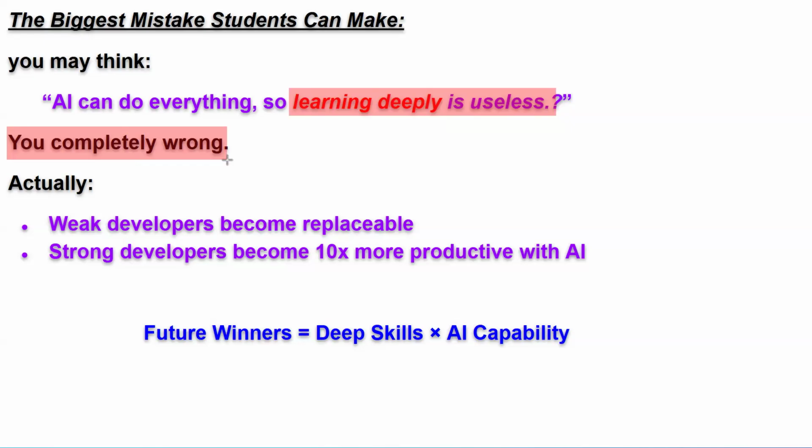Deep learning is very important. Simply, I can say your future winner will be deep skills multiplied with AI capability. I'm talking about agentic AI or generative AI, AI agents. If you are able to build, you are able to deploy